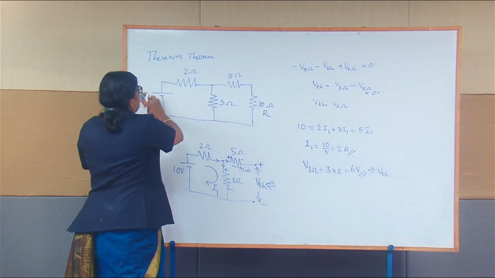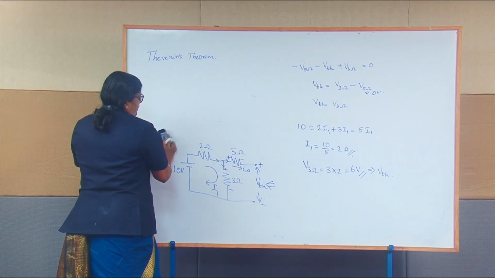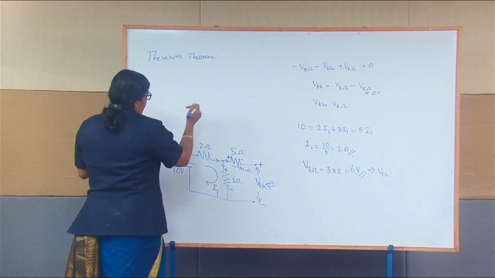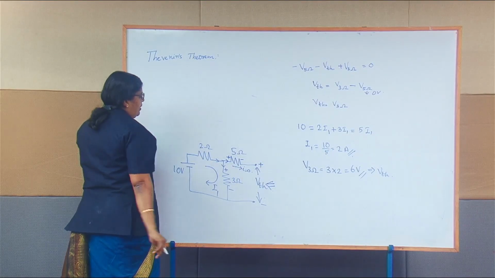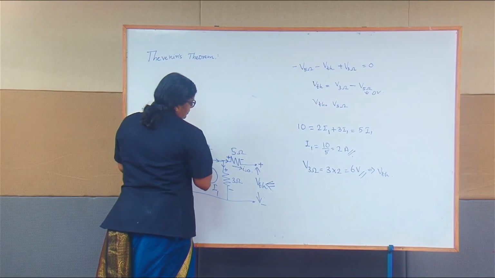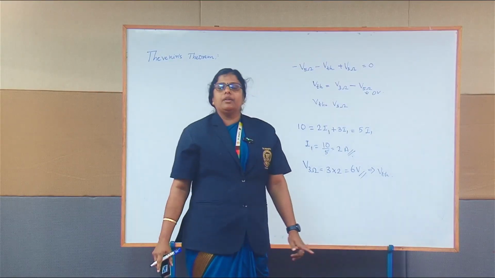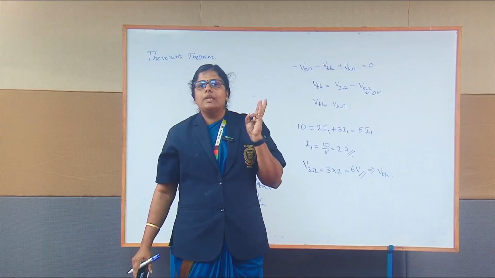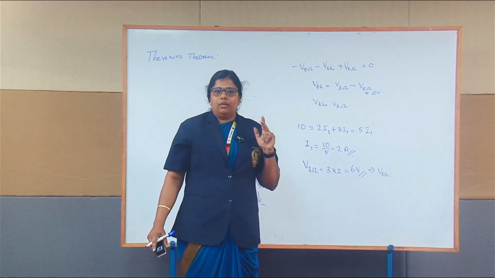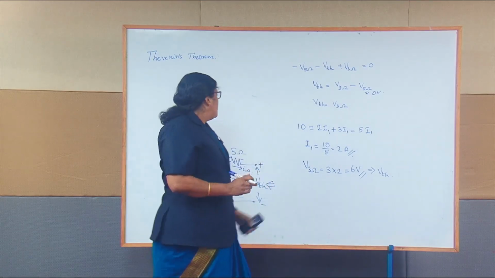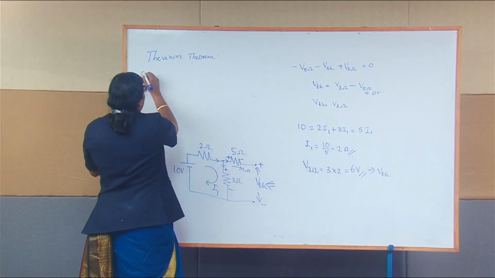Next, we have to find R Thevenin, that is the equivalent resistance. I'll redraw the circuit for the equivalent resistance. To find the equivalent resistance, the step is we have to open circuit the load, short circuit the voltage source, and open circuit the current source if there is any. Since in our circuit there is no current source,